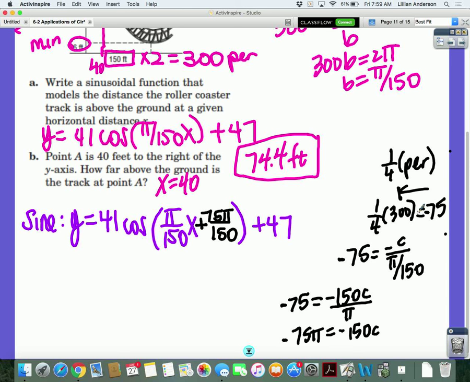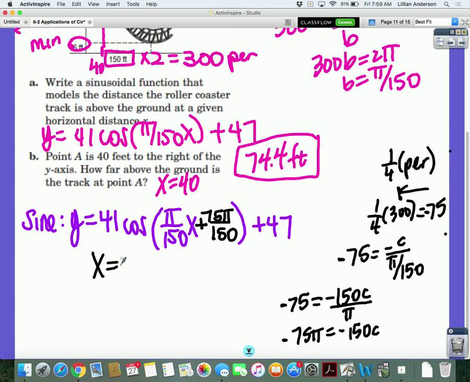That will give you your phase shift. Then you take your phase shift and set it equal to negative c over b. And when you solve, you end up getting the value that you'll plug into your equation. And what you can do is actually test this. Since you already know that point A at 40 feet above the ground is at a height of 74.4,